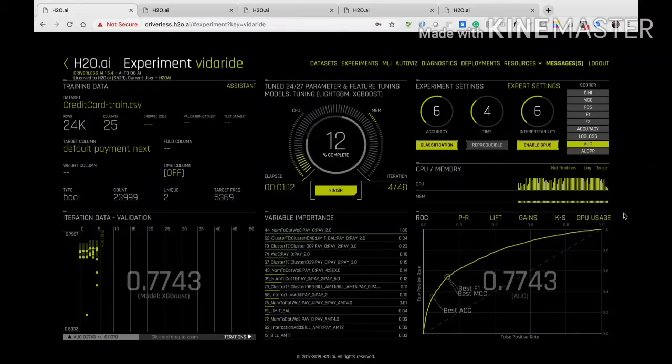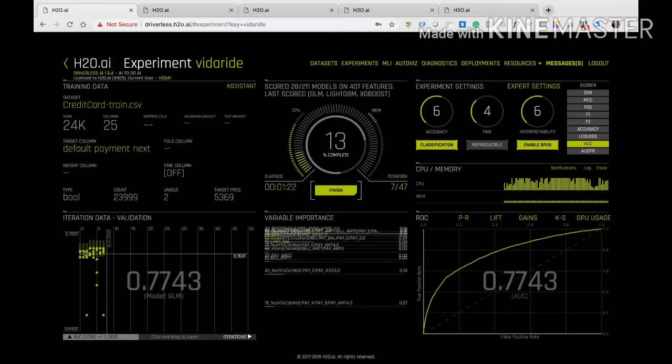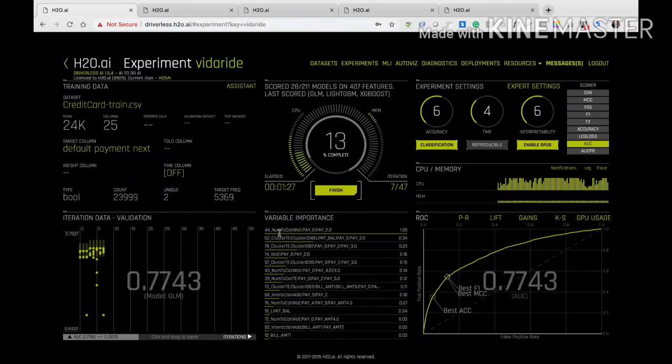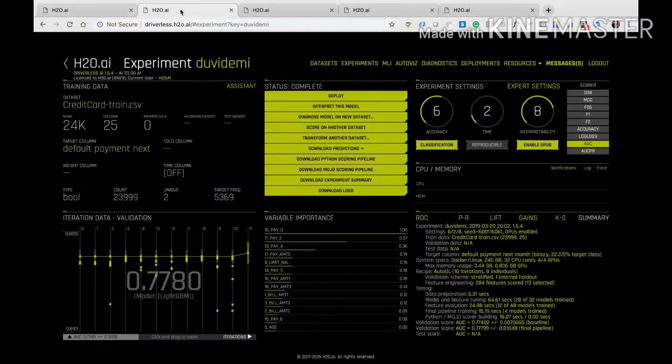Apart from that, if you have data in your cloud, you can also add the data from your cloud like Amazon, Azure, etc. In this, I have data in Kaggle. They have the resource to attach the data from Kaggle to H2O.ai. That is the main important feature, that is the flexibility. So it will add the data from Kaggle. In this demo, we are adding the data from Kaggle, and we are renaming this data as credit card data frame or credit card train data.